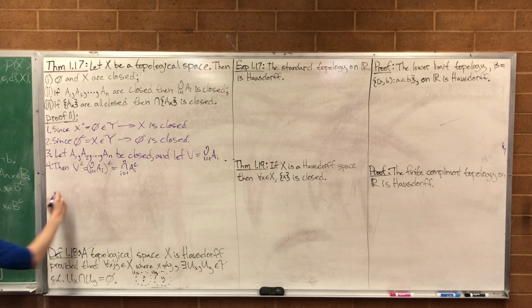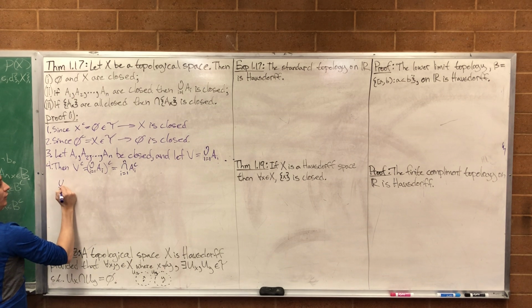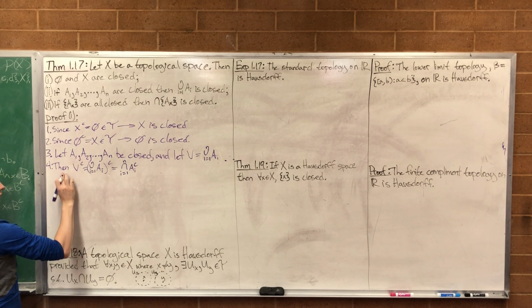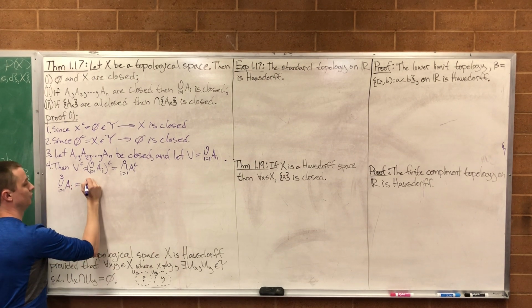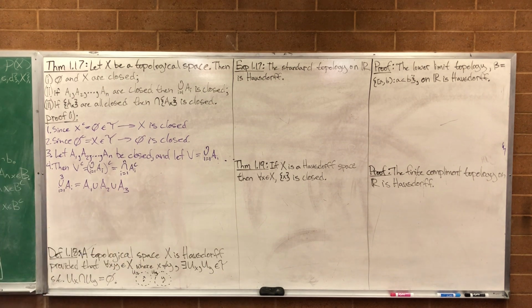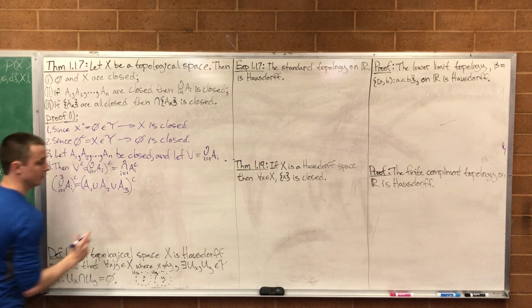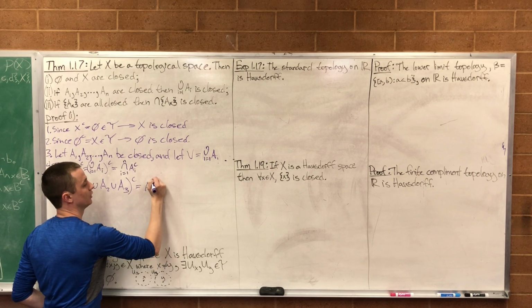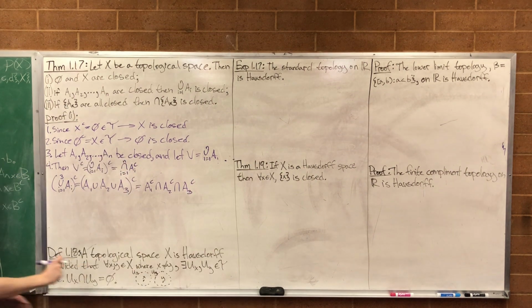Gotcha. But what is this saying? Let's pretend that n is 3 for now, just so you can see it. But obviously this is true for any number. So the union from i equals 1 to 3 of A sub i is equal to A1 union A2 union A3, right? Now we were doing the complement of the whole thing. Well, that's equal to A1 complement intersect A2 complement intersect A3 complement. That's what we proved over here.